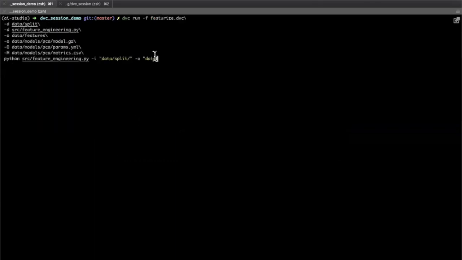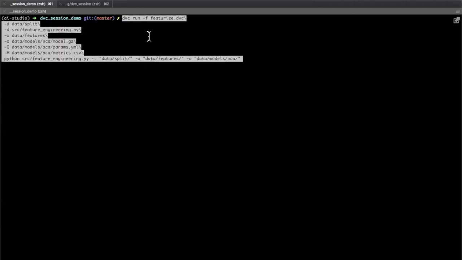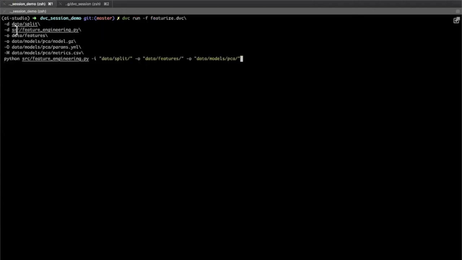So you are now defining the second stage of the pipeline. You say that the dependency is the split folder which the previous stage has generated. You say this is the code dependency.